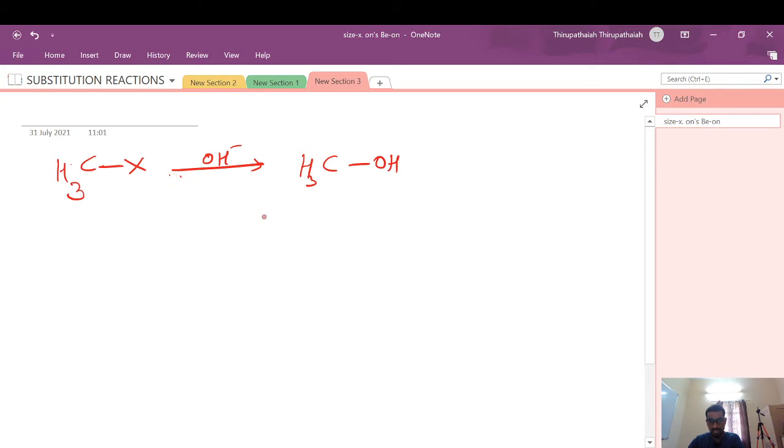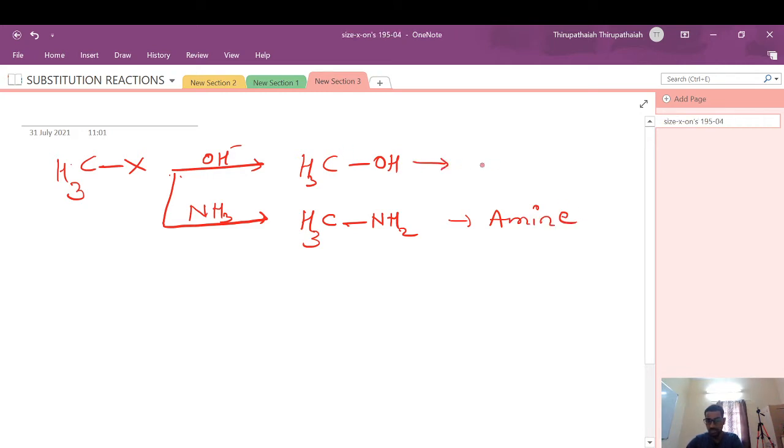Instead of OH minus, if you add ammonia, then it gives CH3NH2, primary amine. So substitution reactions are used to prepare amines, alcohols,